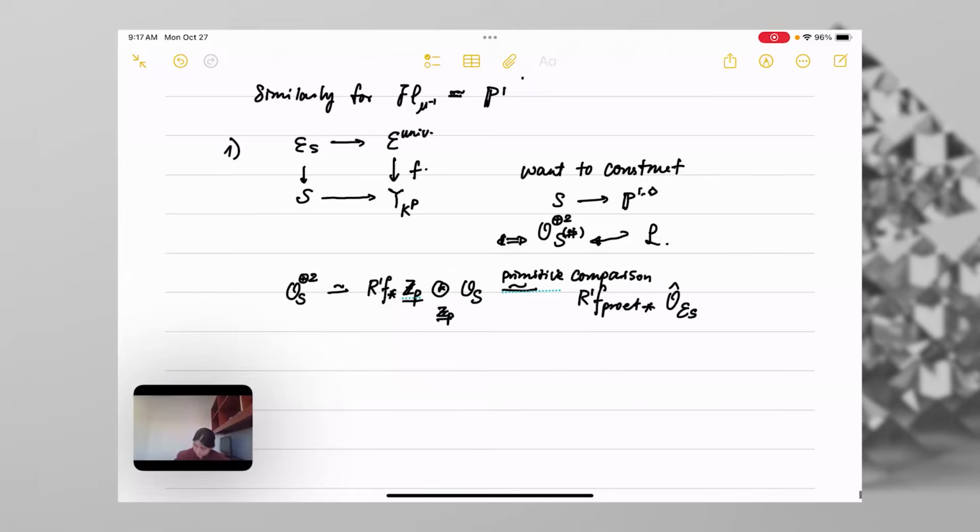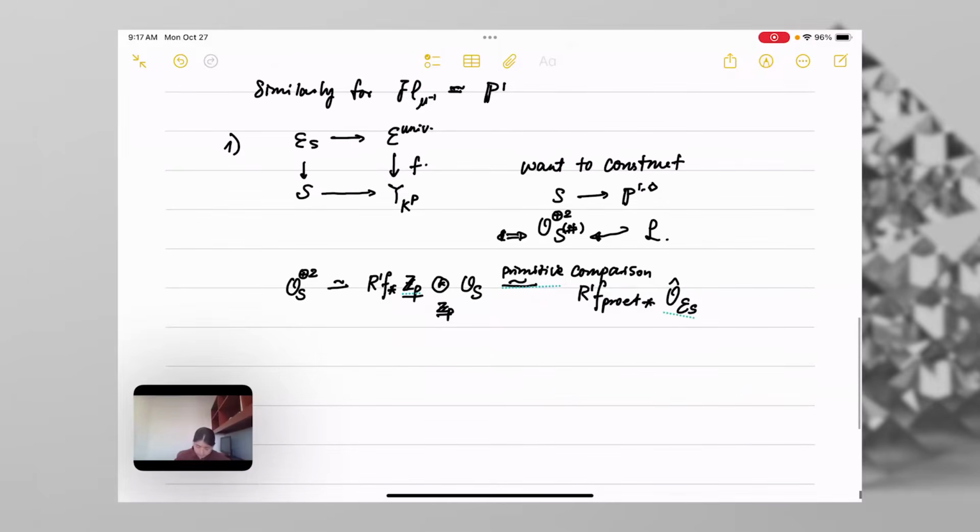I use a hat to denote the structure sheaf on the pro-étale side. Using the fact that S is perfectoid, this is a priori a pro-étale vector bundle, but there is no difference between pro-étale vector bundles and étale vector bundles on S. So this is also the same as